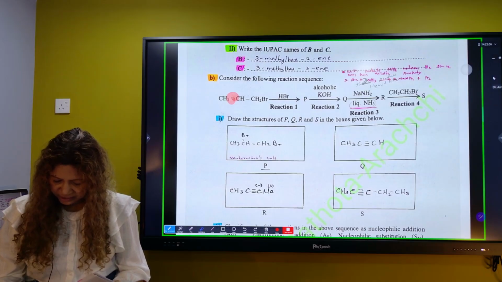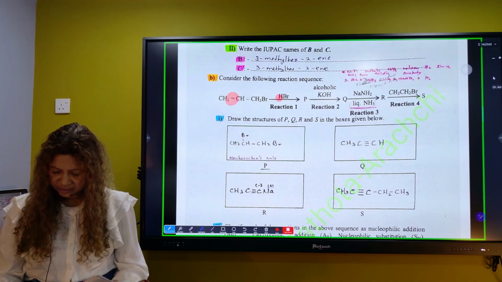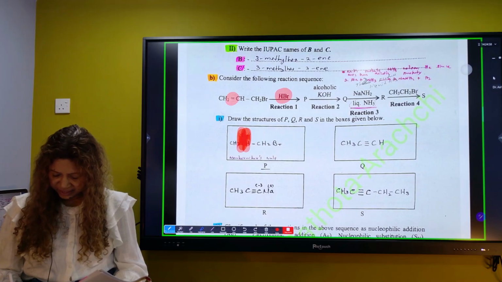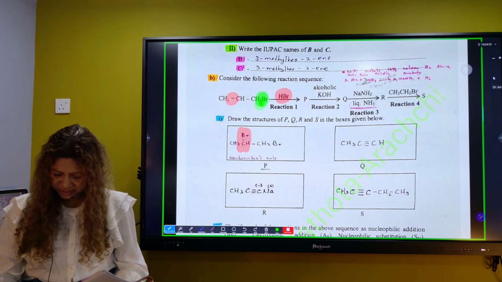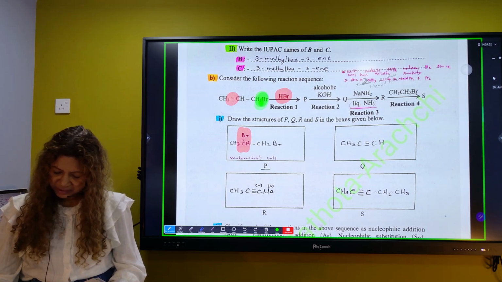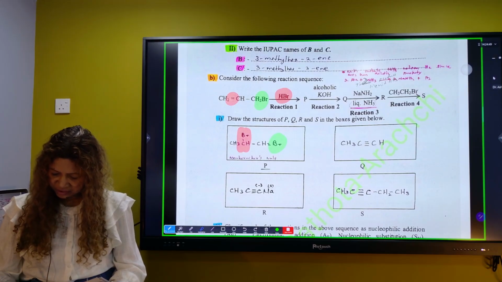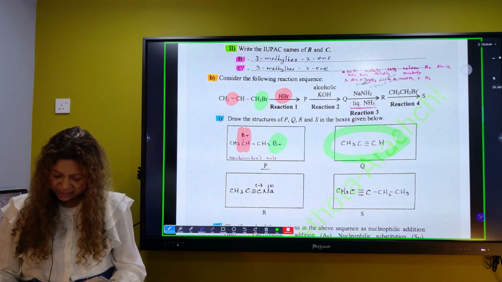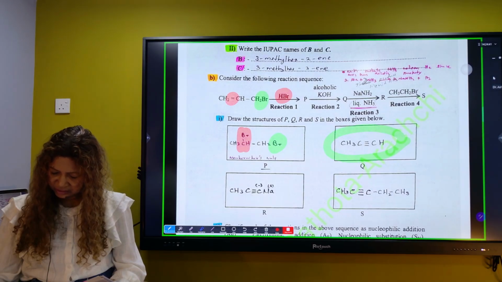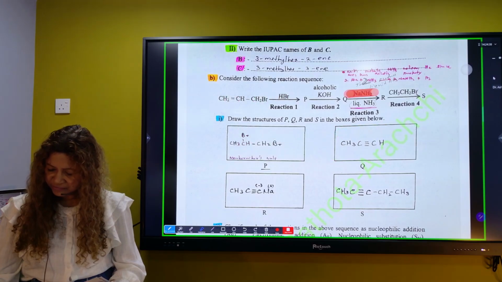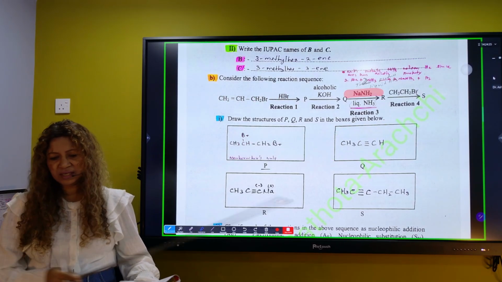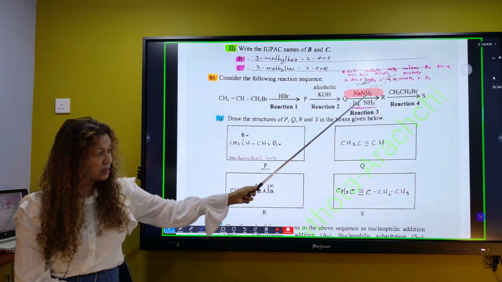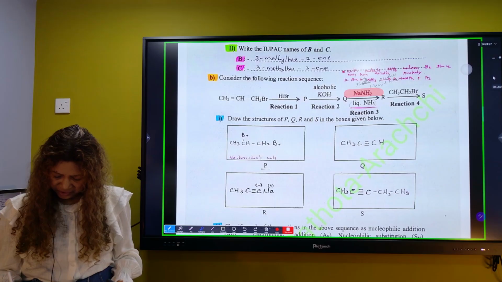So the next part, you have this double bond here, addition of HBr, Markovnikov, bromine goes here. This one already had it. It doesn't matter for us. This bromine, let it be there. Alcoholic KOH, now both these bromines leave with hydrogen, so you come here. Sodamide in liquid ammonia, we are making sodamide. If you remember from inorganic chemistry, 2 sodium plus 2 ammonia gives 2 sodamide and H2.